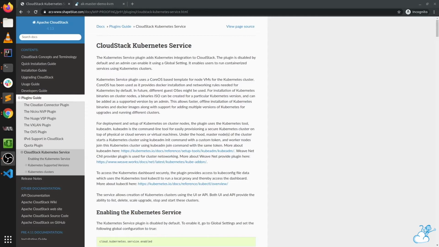CloudStack Kubernetes Service plugin comes up with a number of APIs and corresponding UI to provision Kubernetes clusters and manage them. It also allows managing different versions of Kubernetes for deployment of such clusters. It uses kubeadm tool for provisioning of clusters, and CoreOS template will be needed for deploying node VMs for